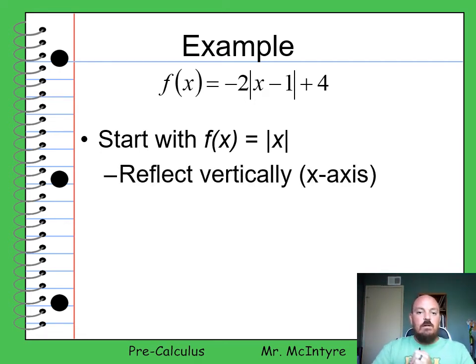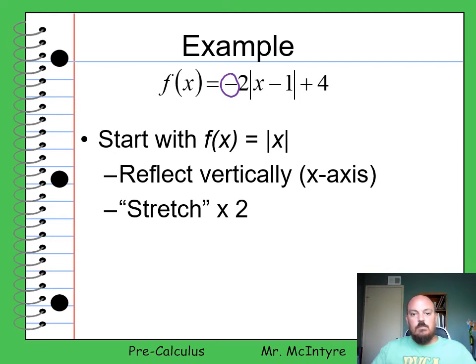Then I say, well, I have to reflect this thing vertically. And I see that because of this negative right here. If you have a negative out front, that's a vertical reflection. Now, I don't do a horizontal reflection. The way I would know that there's a horizontal reflection is if it was a -x instead of a regular x. Okay, this also has a stretch, and the stretch comes from the 2 right here. If you're multiplying the absolute value, once you recognize the absolute value as your main function, if you're multiplying it, that's